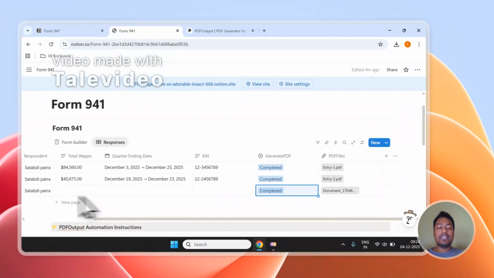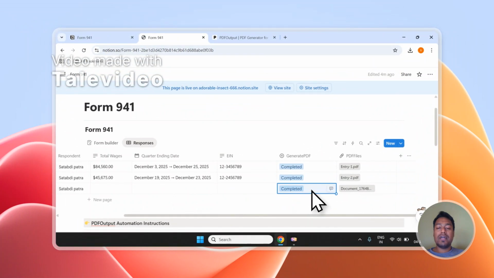And now, as you can see, as we were discussing, it has converted this particular entry into a PDF file, and it has directly stored the PDF inside the database as